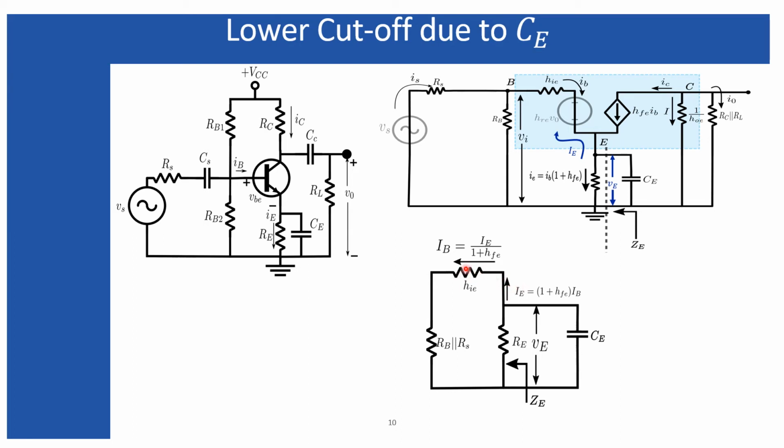That means the base region has a much smaller amplitude, of the order of microampere, in comparison to the IE, which has an amplitude of the order of milliampere, and that milliampere order appears due to this amplification factor. When IB enters into the emitter region, it gets amplified due to this HFE factor, and finally their summation enters over here.